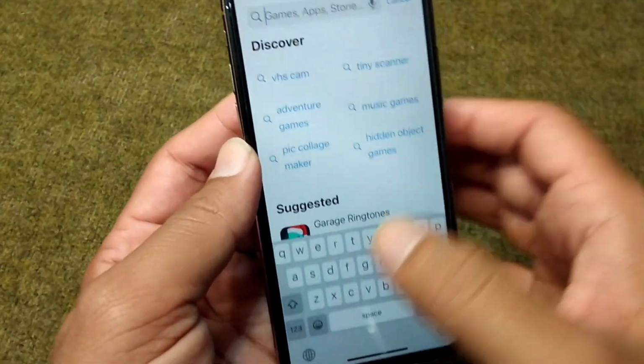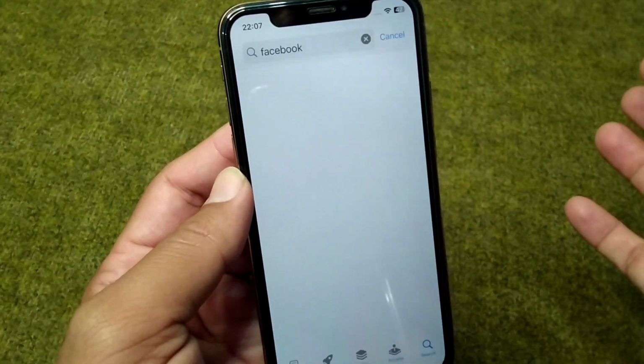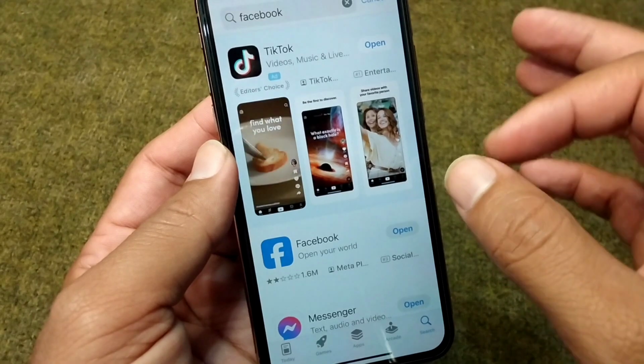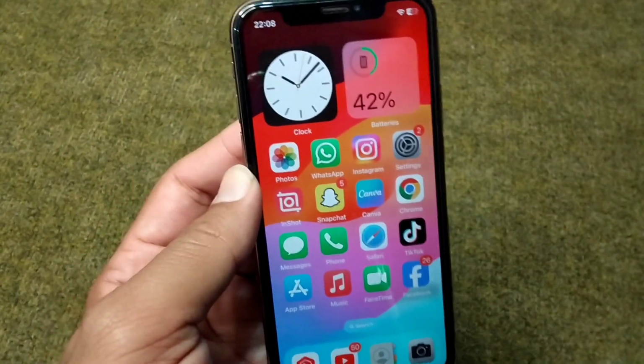and from here search for Facebook. Here it is. And now download the latest version of Facebook on your device. After this, check if the problem has been fixed or not, and if you're still facing this problem,